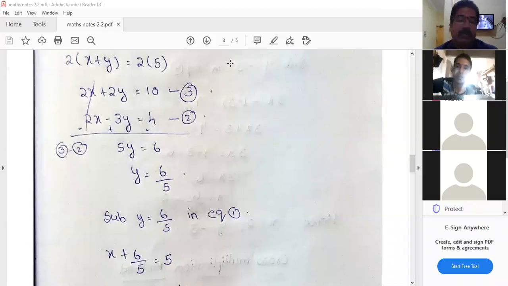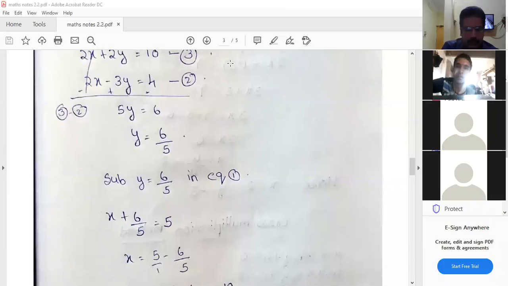You can make equal y variables also by multiplying, or sometimes you can multiply both the equations. Our motto is to make one of the variables equal, either x or y. For that, I can multiply one equation or both the equations by any number, and subtract or add. Same sign means subtraction. Different signs means I have to add. But here I got the same sign, that's why I subtracted. I'm moving. Completed.